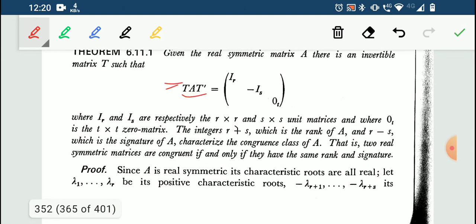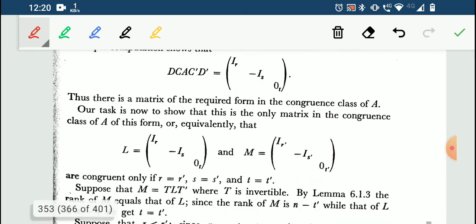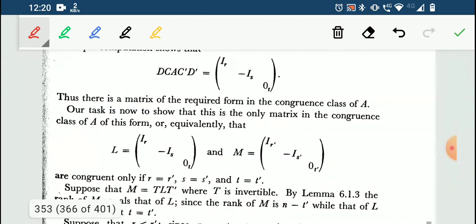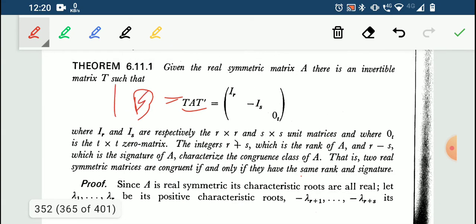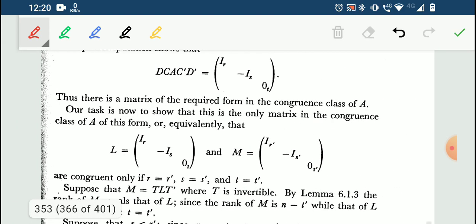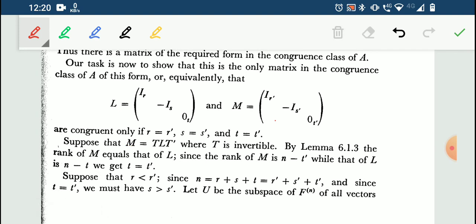if you have any other matrix, let's say B, then B and A are congruent. In the same way, in the second case, if I have M, instead of B if you have L, it is congruent. Instead of M also, it is congruent. Maybe a different T will be there, that is the only difference. So even M and L will be congruent. So I can have some invertible T such that M is equal to TLT dash.